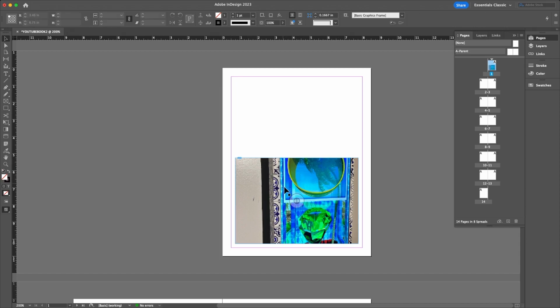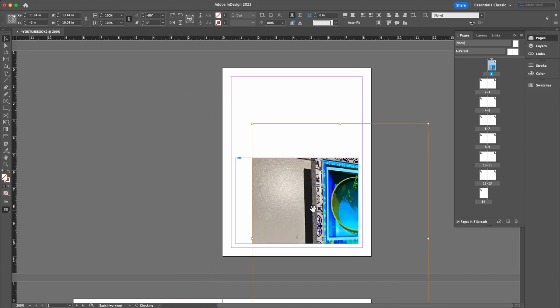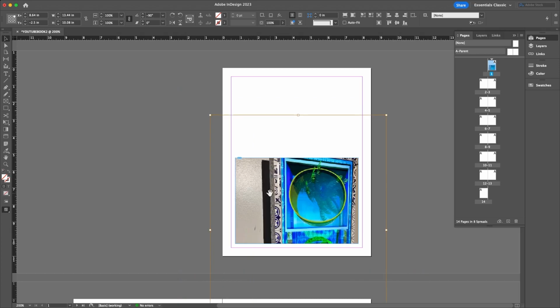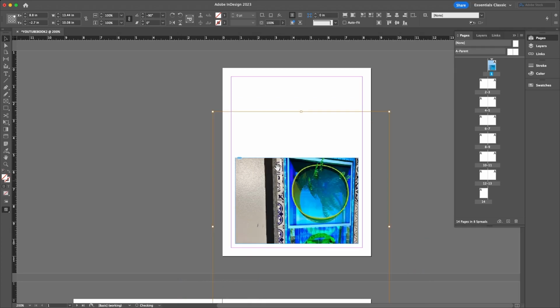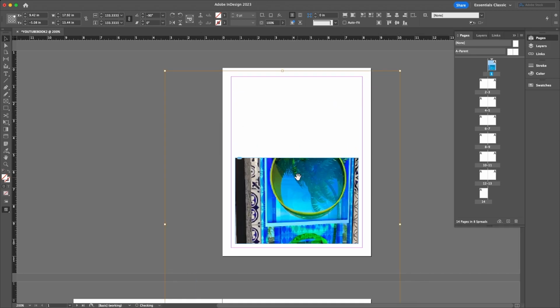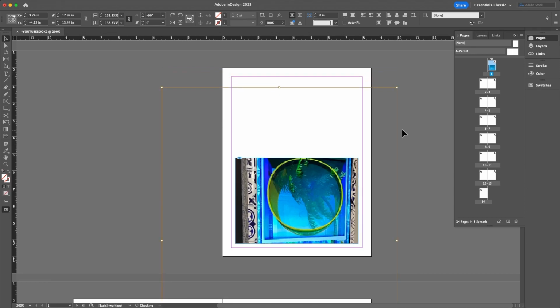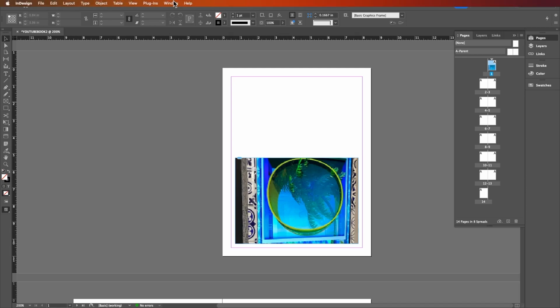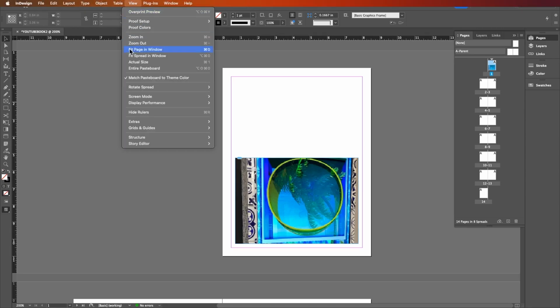If you click 2 times on a picture here, you can see the orange outlines. That's the picture, and you can move the picture around. You see it? So you can make the picture bigger and just play with the picture. And if you click outside, the picture will stay there. As you can see, the picture is really pixelated,